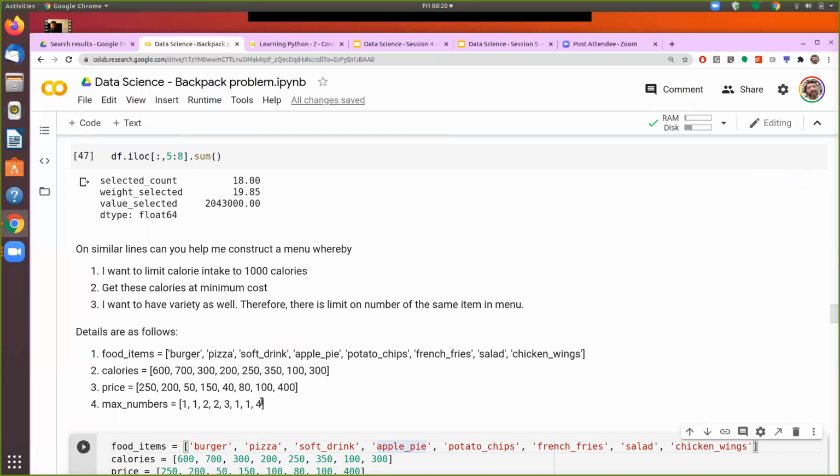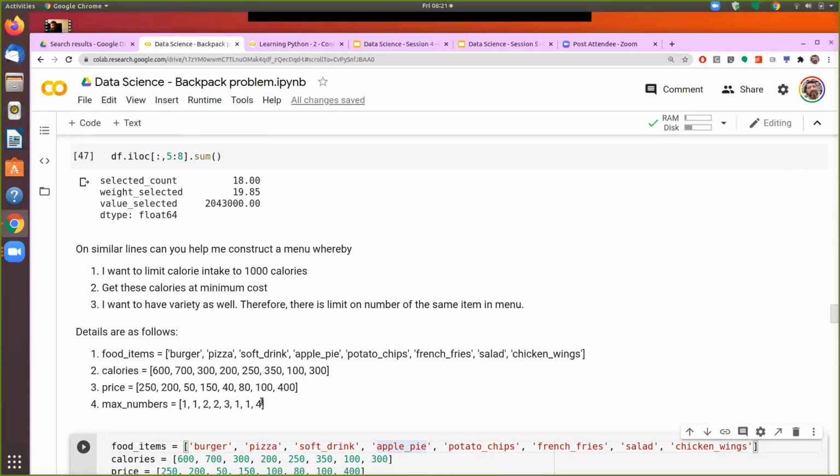So if this information is available, can you create a menu for a person which will give him the required number of calories at the lowest cost? Now, if you see this problem and the backpack problem, is there a difference or do they look very similar? And if they look very similar, the question would be, can I use the same code for building the menu in this restaurant?